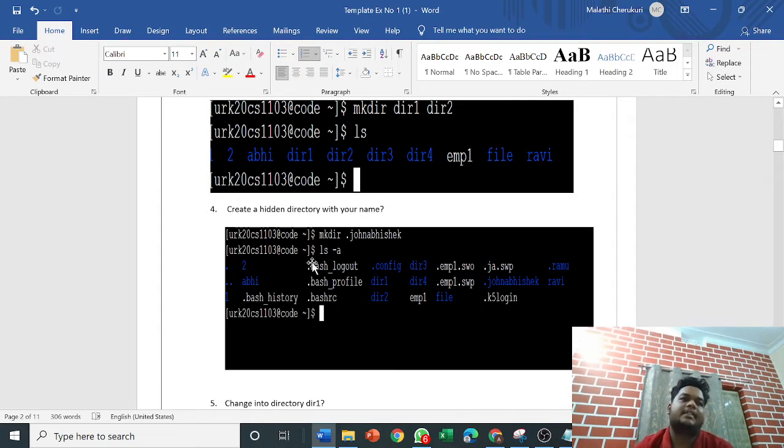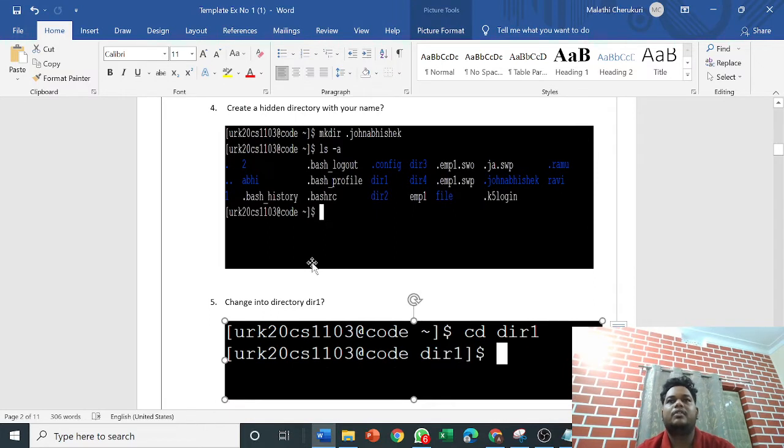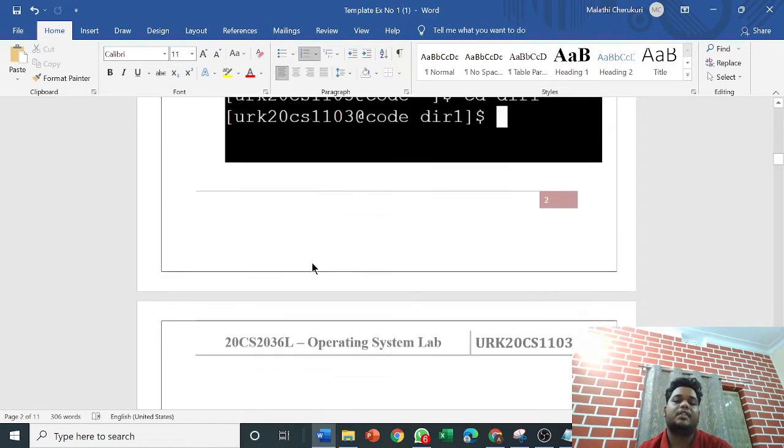For seeing hidden files, we need to use the command ls -a. If you use that, we can see the hidden files as well. With plain ls, we can only see normal files, we can't see hidden files. With ls -a we can see both of them.